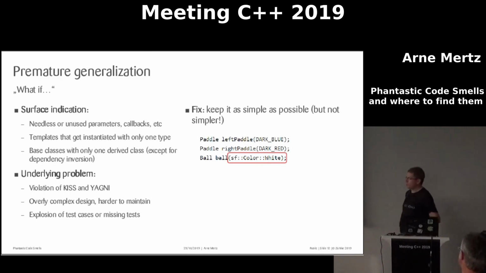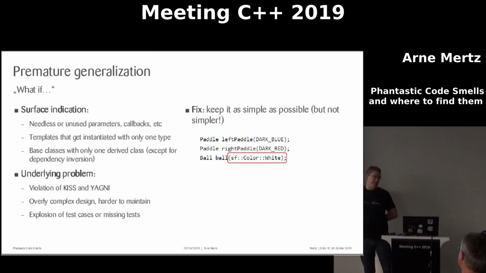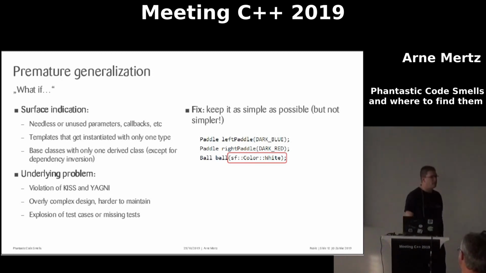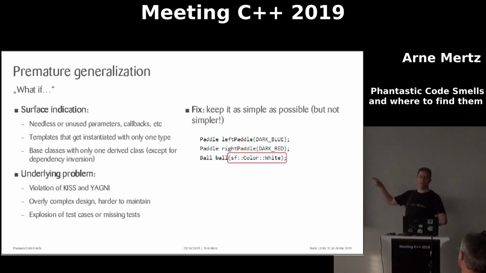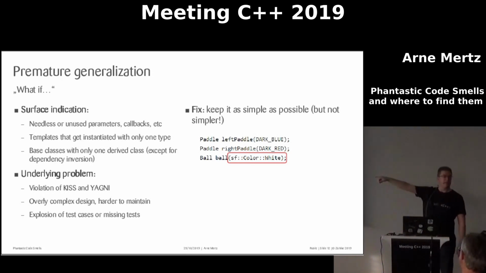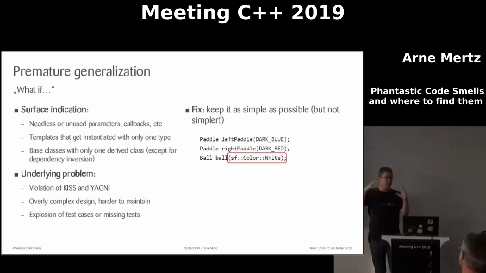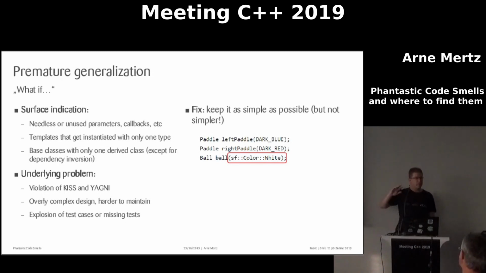Because if I parameterize the ball with the filling color, then probably the filling color will stay white forever. But the thing, I didn't parameterize the ball with the size or something to make it easier. That's the parameter I don't have here. But it's not a requirement for now that I have a sizable ball or a ball with a different color, so just leave it out. If you have to add it later, then add it later, but don't speculate what could be in the